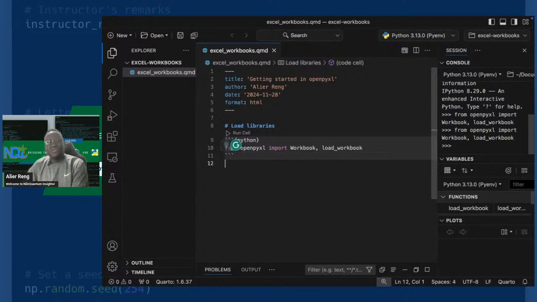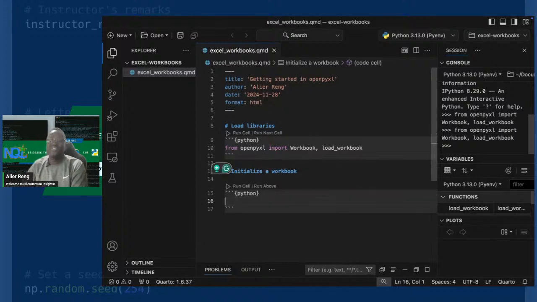And then from there, we can come down here and initialize the workbook. The way we initialize a workbook, we just write wb for workbook is equal. When you are creating a new workbook, you're going to use the function Workbook that we imported. And maybe let me say print, and we will check our workbook that we have just created to see the sheet